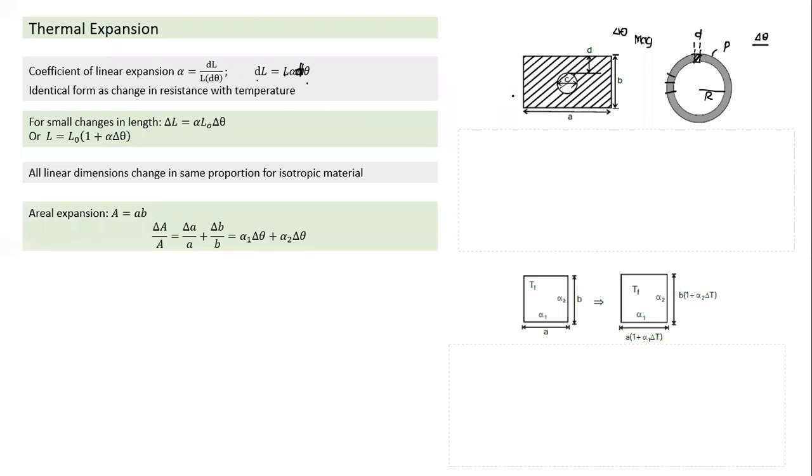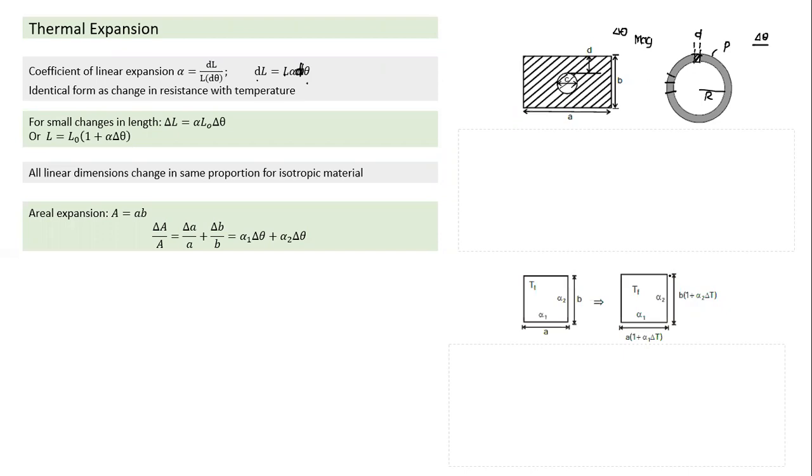And when we take something like a plate, unlike a linear dimension, it has two linear dimensions. So let's take a plate at a temperature T1. One side is A and this side is B. And let's say the coefficient of linear expansion in this dimension is alpha 1, and let's assume it is not equal in the other, so this is alpha 1, this is alpha 2. When we increase the temperature by delta theta, this dimension will change based on the coefficient of linear expansion alpha 1. It will become A into 1 plus alpha 1 delta theta, similar to the earlier expression, and the width also will change.